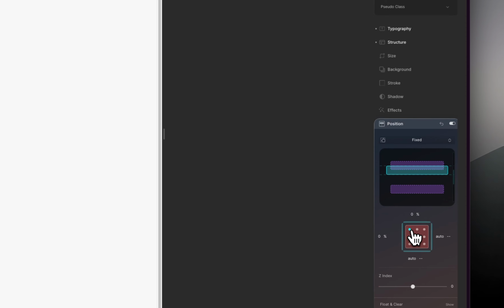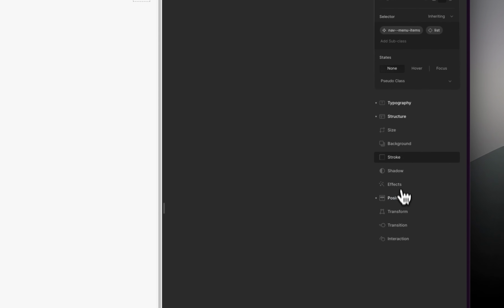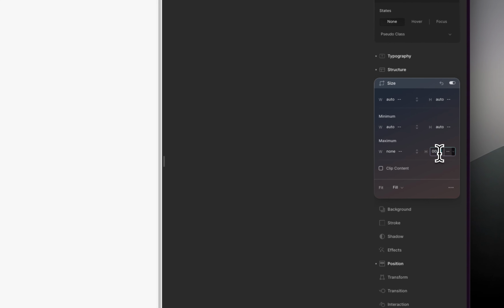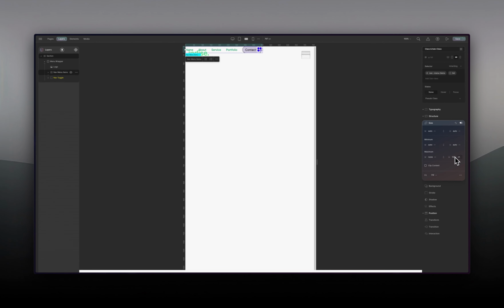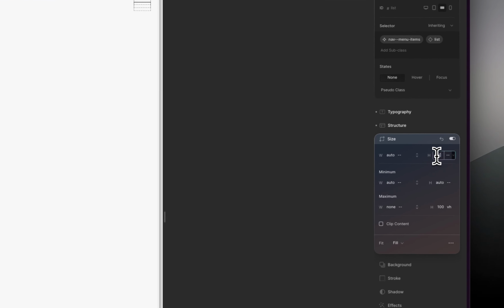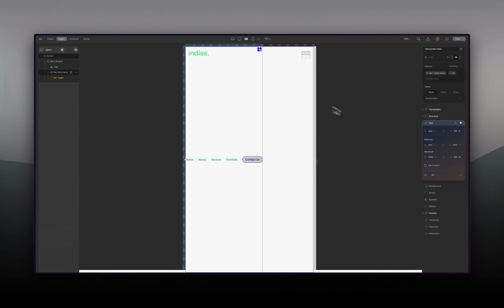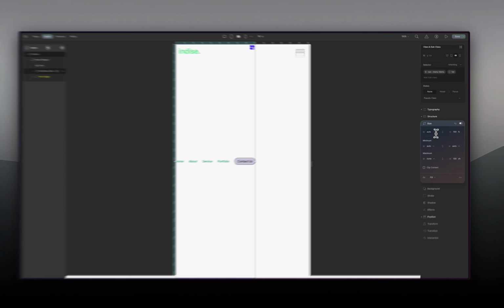All right, so when you do that, the next thing I want to do is to make sure it's tabbed like that. And after that, what I want to do is go into size, and then for size we can do like 100 VH. It didn't work. 100 VH, and then you can change this one to 100%, and it works like that. And also what we want to do for the width is we can also change this one to 100%, just like that.